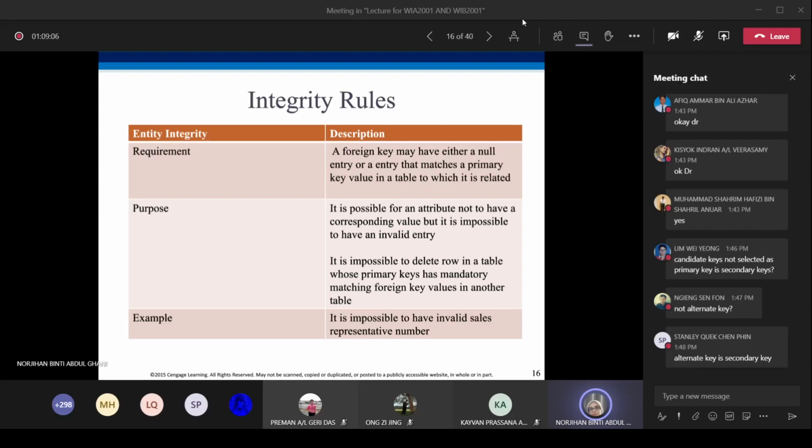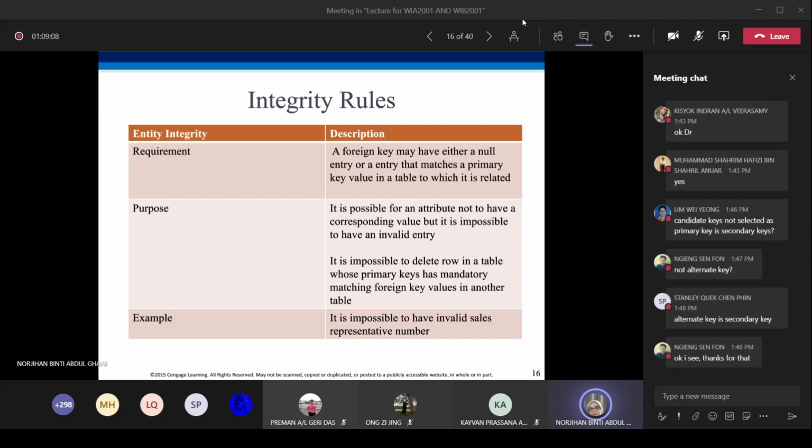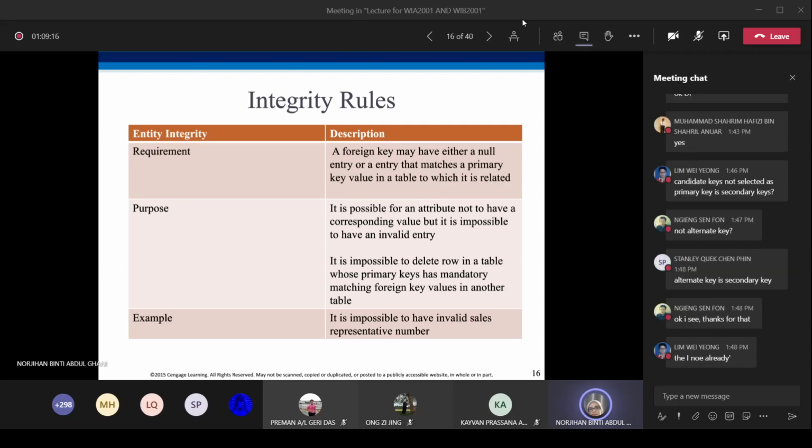Meaning that a primary key in table A exists in table B as a foreign key. Let me show you an example.